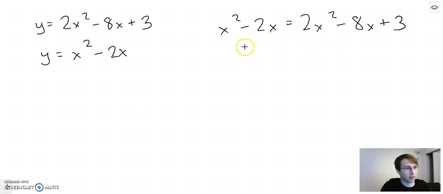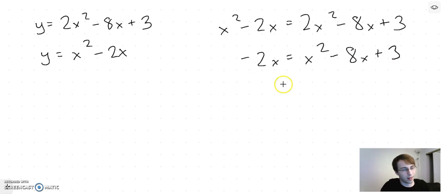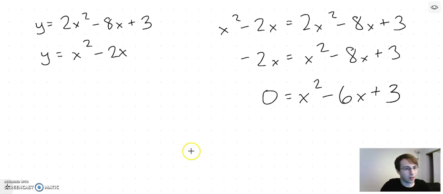And if we subtract our x squared over, we get negative 2x equals x squared minus 8x plus 3. Add 2x to both sides, we get 0 equals x squared minus 6x plus 3. And we can try to factor this, but it's not going to work out. So we'll have to use the quadratic formula, and so negative b is